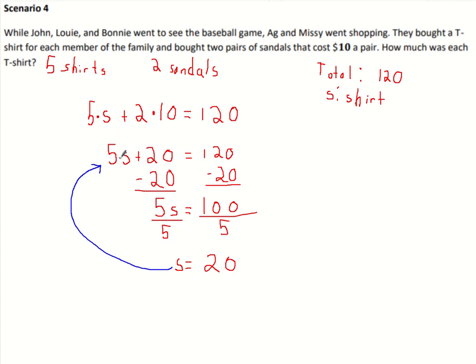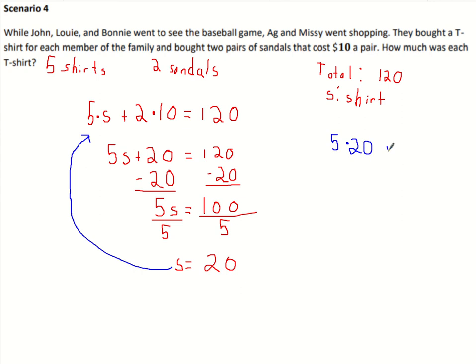So I'm going to replace the S in my equation. Well, technically, let's replace the S in our equation up on top because this is the original form of our equation technically. So I'm going to plug my S into here. I'll have 5 times